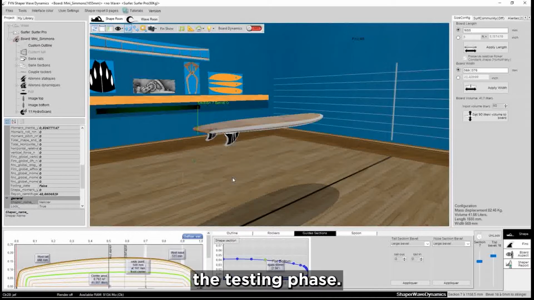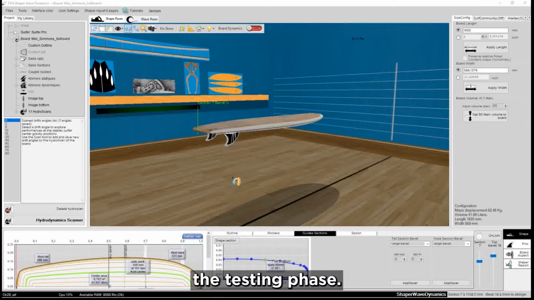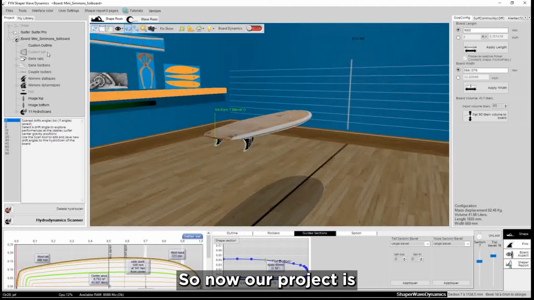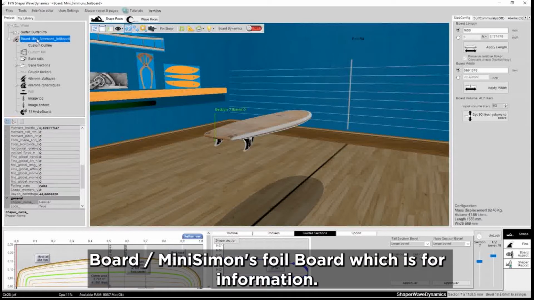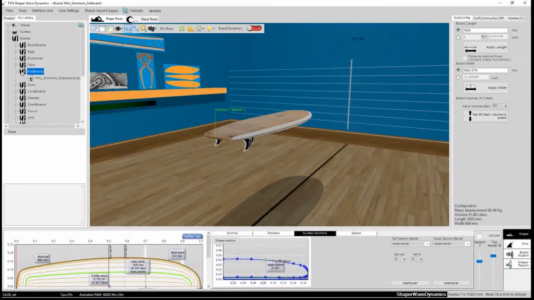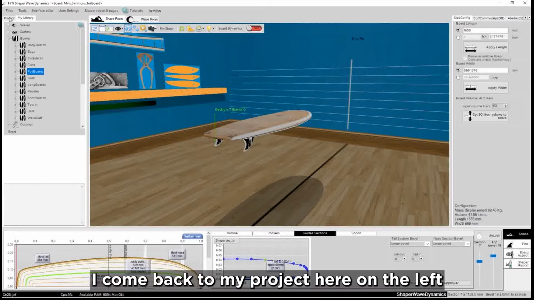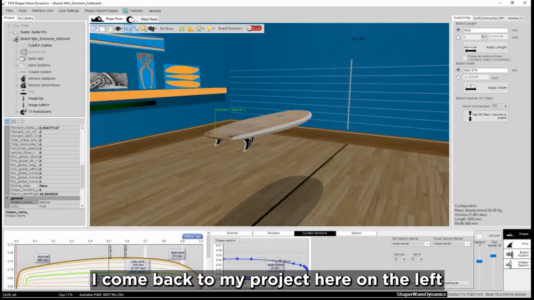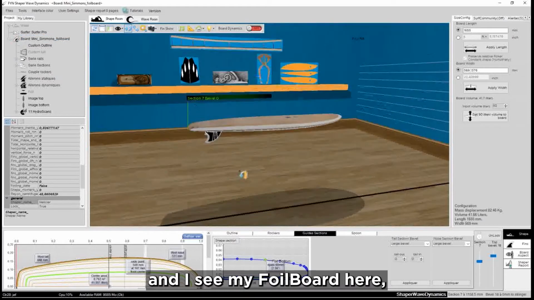This will allow me to speed up the testing phase. So now our project is Mini Simons foil board, which is, for information, stored in my foil boards folder. I come back to my project here on the left, and I see my foil board here.